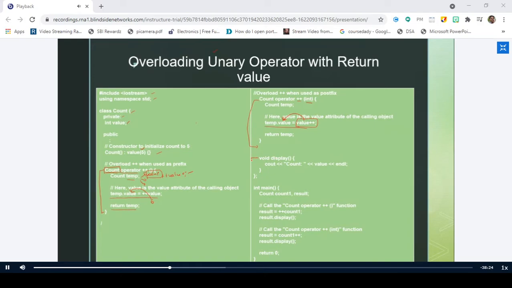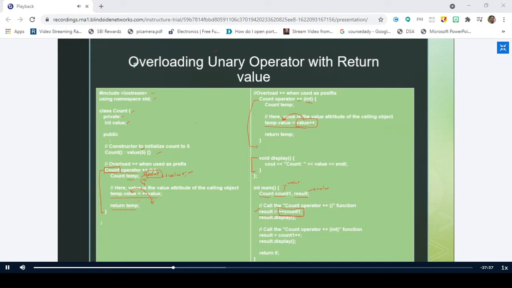So this is a display function where it is displaying, and see here, I am creating two objects, count1 and result. Count1 will have its own value data member. Similarly, the result will have its own data. And I'm going to call this operator function plus. So result is equal to plus count1. Here you are going to call the operator function.